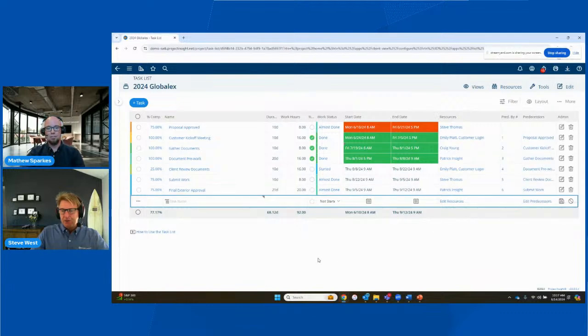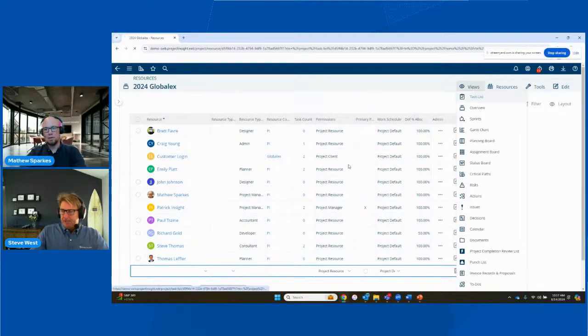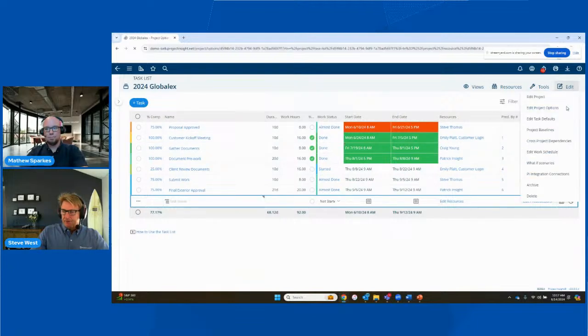In fact, if you want to share a project with a customer, you need to do two things. You need to turn it on so that they can see it, and you need to add them as a resource into the project. Right here you can do so, and where we see customer login is already a member of this particular one. Right. And then why don't you show them where they can turn it on and off in the project